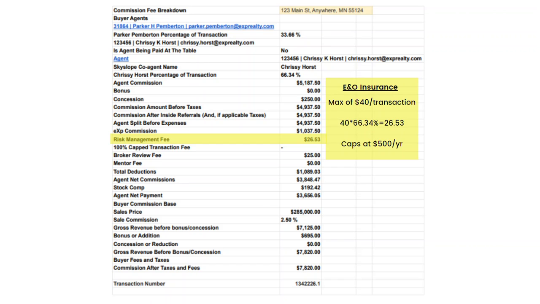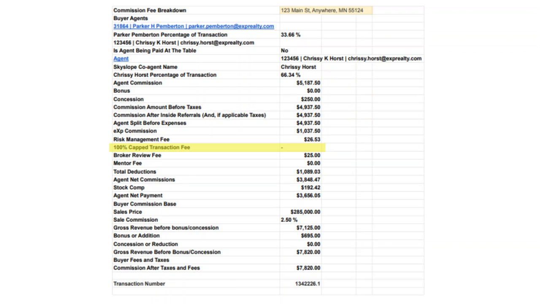It's a max of $40 per transaction, but they're only going to take your percentage of the deal of that $40. So 66.34% of $40 is $26.53. This caps at $500 per anniversary year. So you ultimately could see this fall off of your commission statement as well, and then start up again once you roll over that